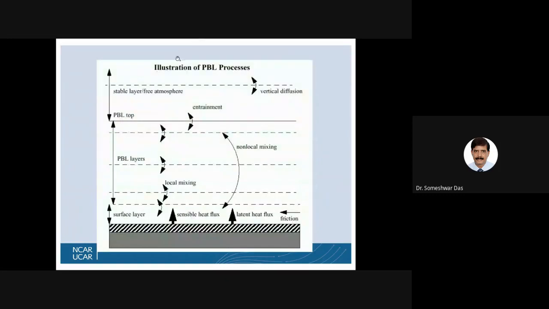This is an illustrative diagram. We have already seen this diagram earlier. It illustrates that the boundary layer consists of both the surface layer as well as the mixed layer and the free atmosphere at the top of the boundary layer, right?